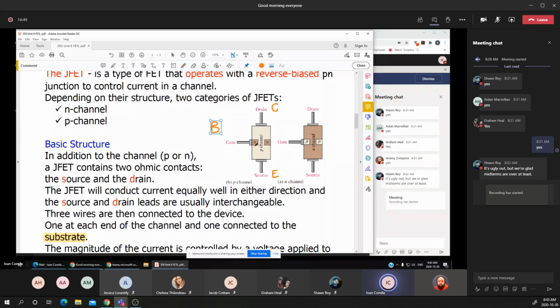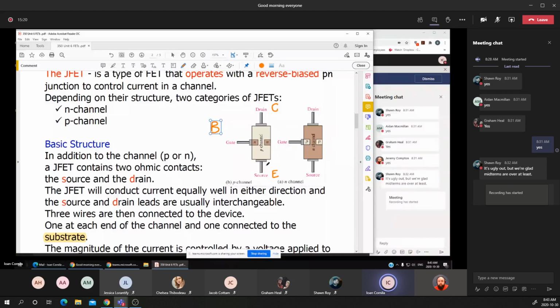You notice that I have a junction between the gate and the substrate. The channel is a single type semiconductor, which has two metal terminals on each end, which means that without the gate voltage, the current that flows between the drain and the source